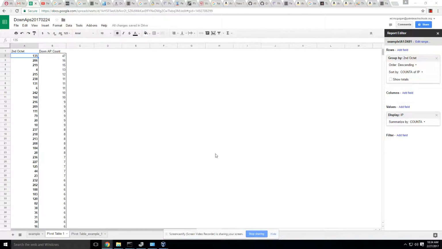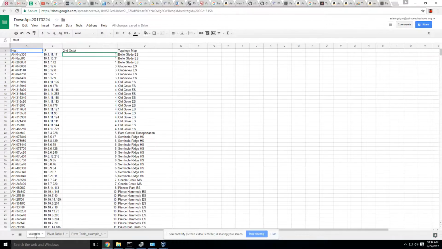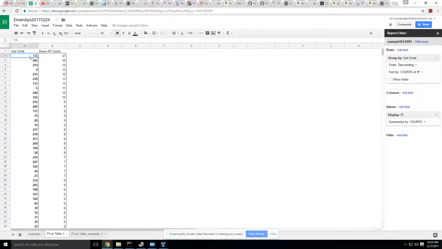So to recap, we have exported our data from Hivemanager into a spreadsheet. The spreadsheet has been uploaded onto Google Sheets, and we've inserted our formula here, which allows us to pull out the second octet for each listed host. And then we've generated a pivot table, ordered by the second octet field that has the most down access points. And so if you want to look at the first one, which was 10.135,